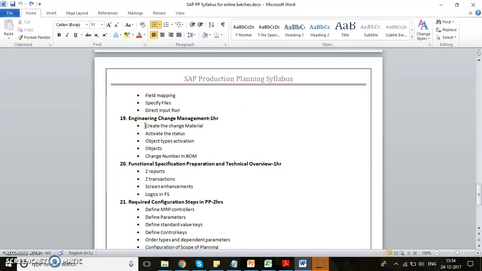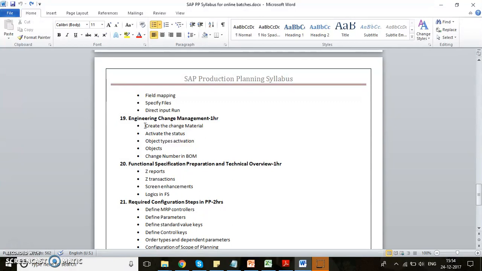So after working on it, the R&D team will get to know that this nut is not feasible to fit our cockpit, so they will change the nut to another material. Before changing that, they need to change the bill of material. Bill of material is nothing but the materials which are going to be used to produce our car. So first of all, they need to change that material in the bill of materials